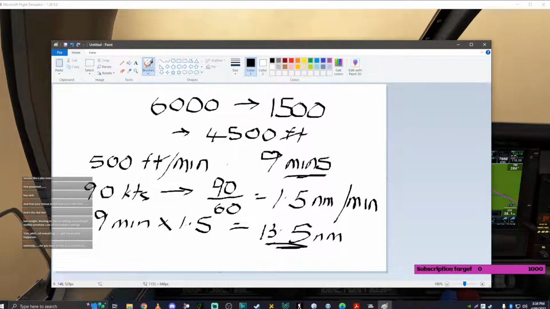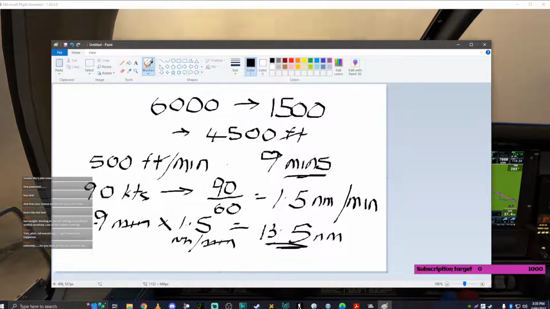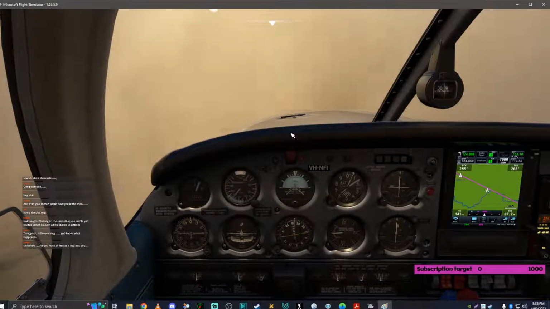15 nautical miles, because that's 1.5 nautical miles per minute, and the minutes cross out, the units cross out, and you're left with nautical miles, and that's 13.5. That's how you work out a rough and ready way of working out your top of descent. Okay, so